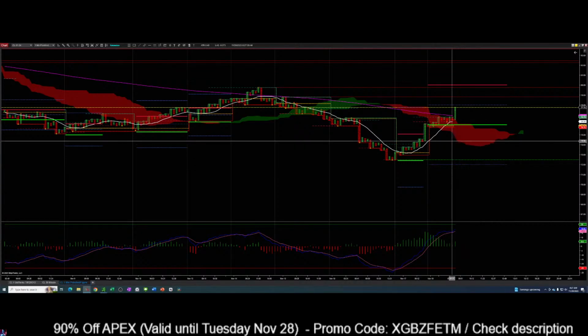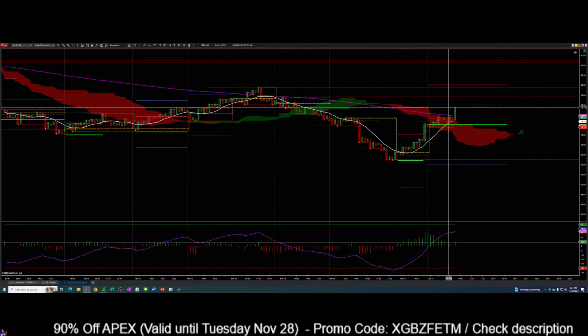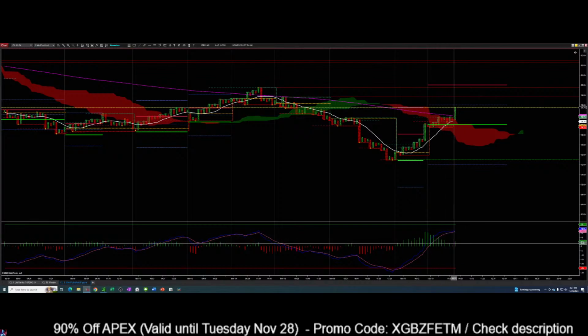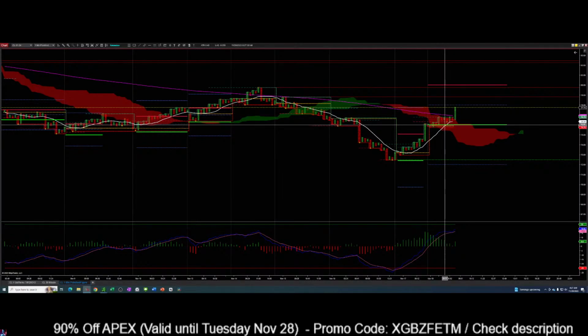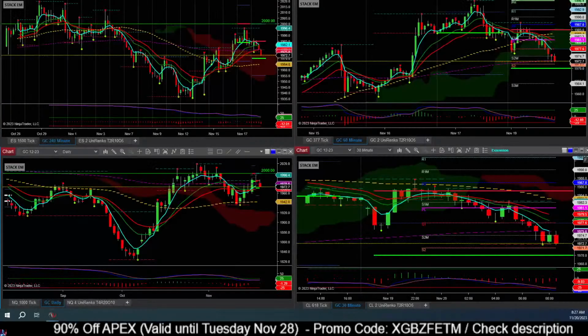So we are moving nicely here. There's an inflection in the momentum as well. We are about to cross the moving averages right here. So okay, let's go to the time charts, and we were in